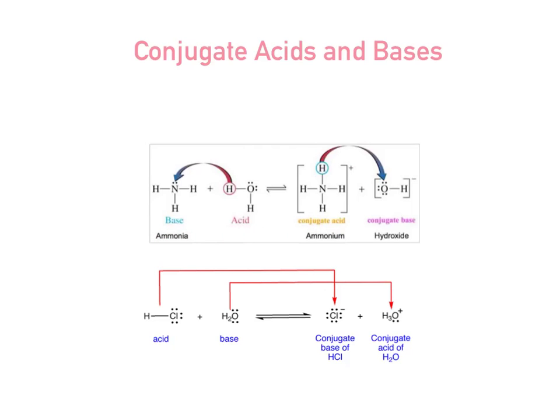For each acid, we'll have a conjugate base. If you look down here on this one, we have hydrochloric acid, and we go over here, we look, it made the chloride ion because it donated the hydrogen to the H2O. That makes it an acid. But then when this chloride ion reacts with the hydronium ion, H3O+, then it will accept a proton from the H3O+ to go back and form HCl,